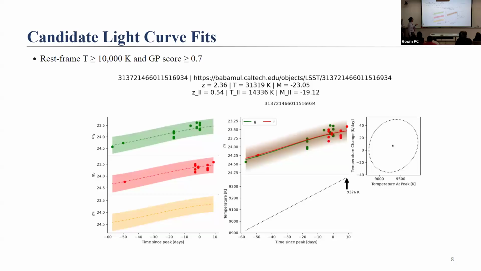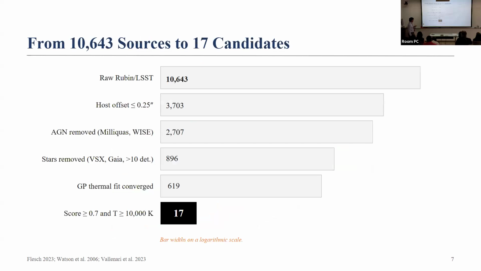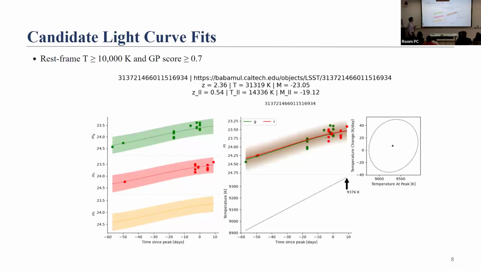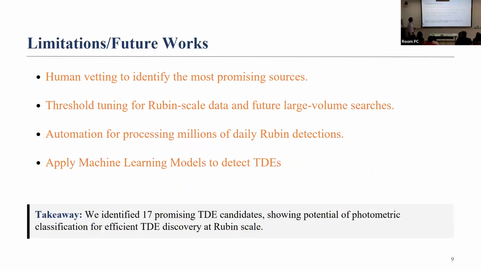We need to correct it for the redshift that we observe. So this is the corrected rest frame temperature, and that is the absolute magnitude for the brightness. This is the lower limit on the redshift. This is the temperature and the absolute brightness calculated using that value. Sorry, I'm getting confused. Yeah, this is more difficult than doing all this.